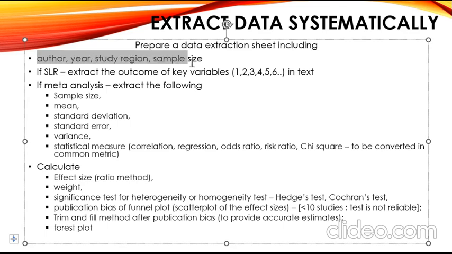year, study region, sample size. For all these, I will show the Excel sheet also. See, author, year, study region, and sample size. You should mention all those things in the Excel sheet for all studies, right? You should collect these basic details: author, comma, year, then study region as a separate column, sample size as a separate column. After that, if you are going to conduct a qualitative synthesis, means you will do only the SLR,